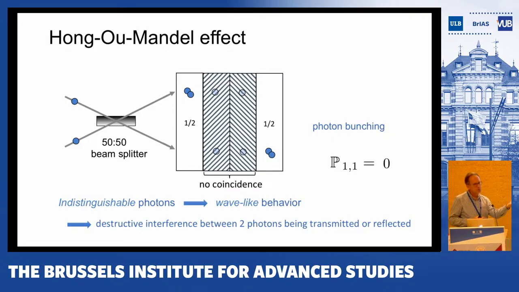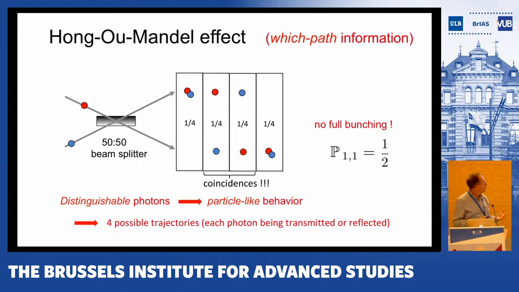So either you will see the two bosons, you will observe the two photons in one output or in the other output. Okay, so this is well known. This means that the coincidence probability will in principle be 0. So a very nice